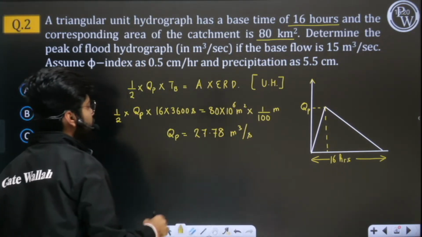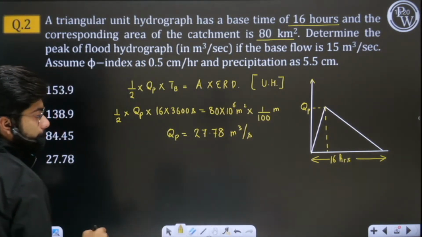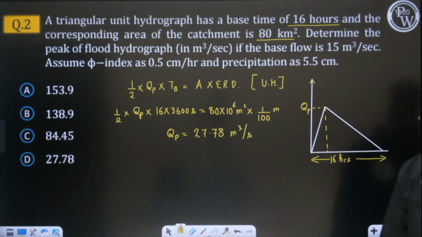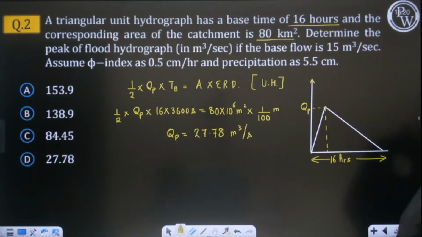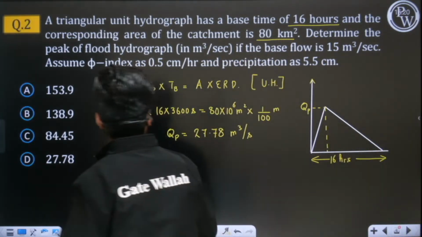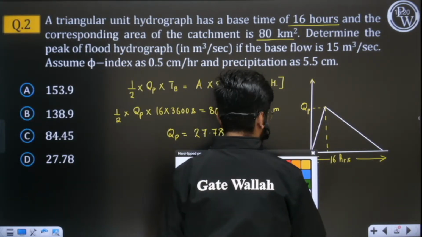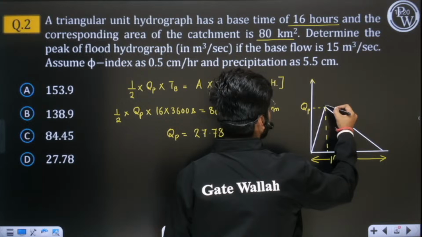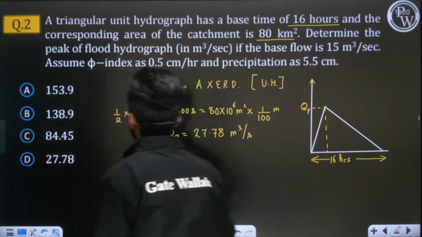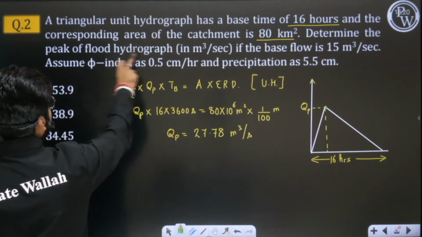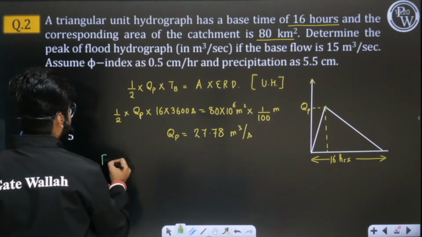This is coming out to be 27.78, I guess. Okay, now we have found out the peak discharge of unit hydrograph. Now what we have to do? We have to find the peak of flood runoff hydrograph. So flood runoff hydrograph peak is nothing but